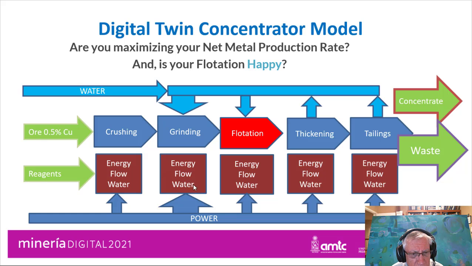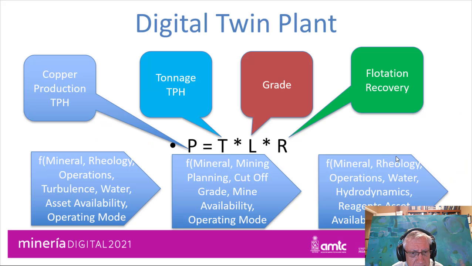And then, of course, we are recovering water in certain areas, and that has to be managed so we get the maximum water recovery while maintaining the maximum copper production and the waste with the minimum copper losses. The key thing of the digital twin is that we have the metal copper production in real time as a metric that we are calculating every time that we move in time according to the mineral type, the mine planning,